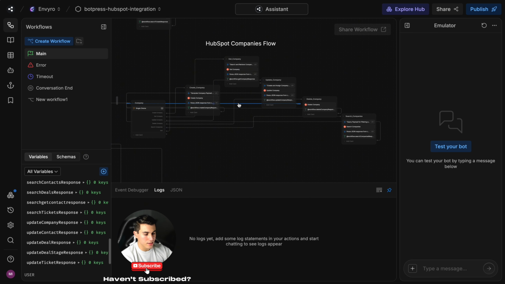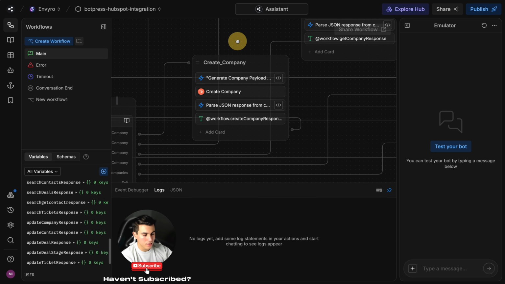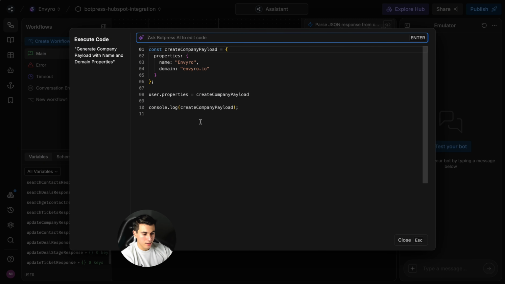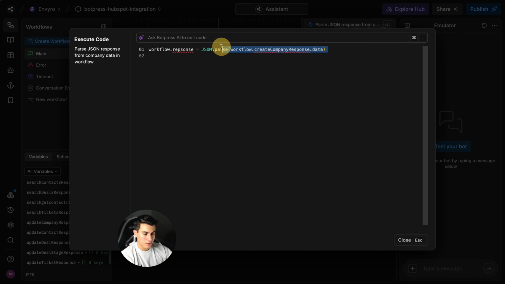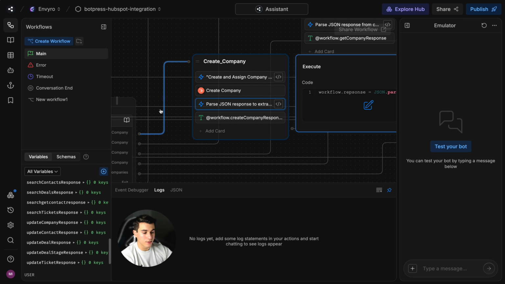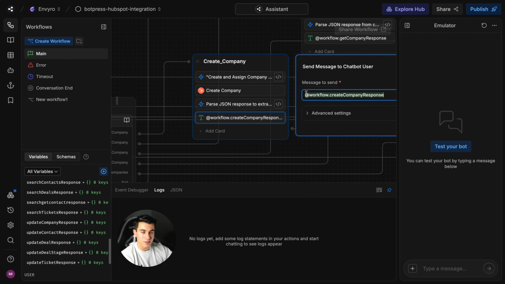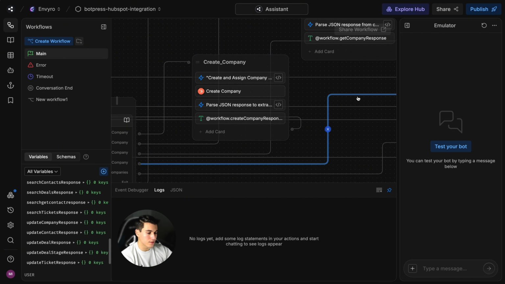The first thing we'll do is create a company. So I'll zoom right in here into this card. And what I do is I'll create my company payload or my properties. We have our name and we have our domain. For this case, we'll use Enviro and then save that into user.properties. Then our create company object, we pass in that user.properties. We'll save that create company response as a JSON in our workflow.response so that we can see the object. And then we'll simply just put it out onto the chatbot so that we can see that we got a